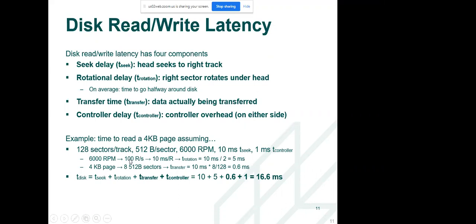Can we also solve for a 4 GB page? Like, is that possible? Yes, no problem. First convert GB into MB, MB into kilobyte, and kilobyte into bytes. Then you will get the total number of sectors. Just replace it: instead of 8, write that number. Then it will become your total.